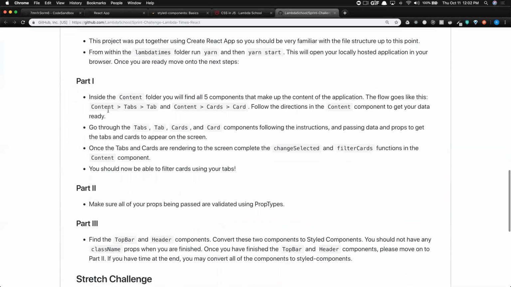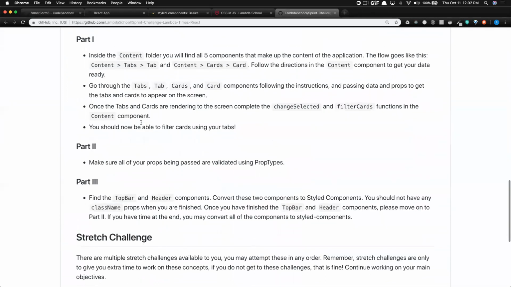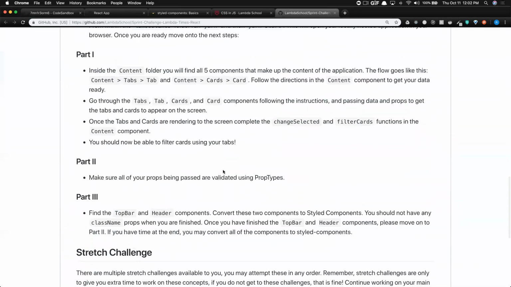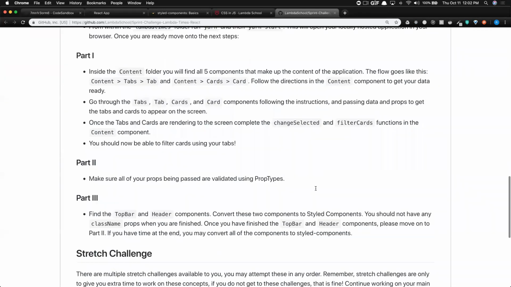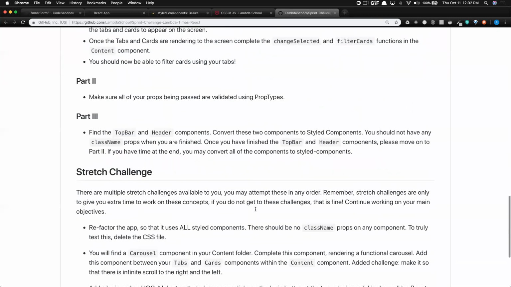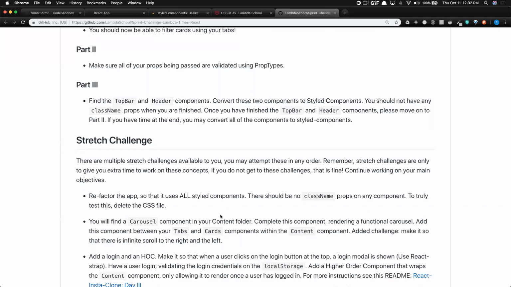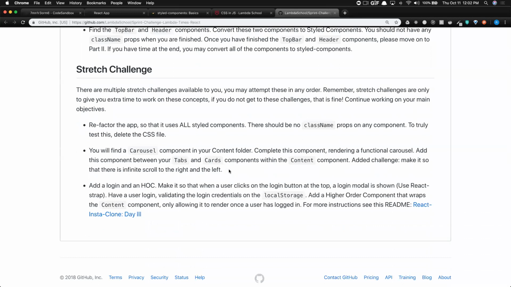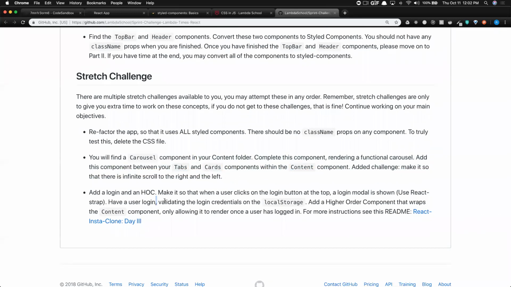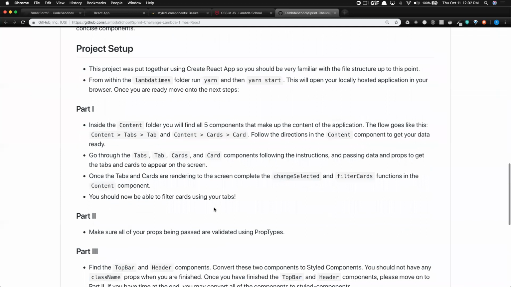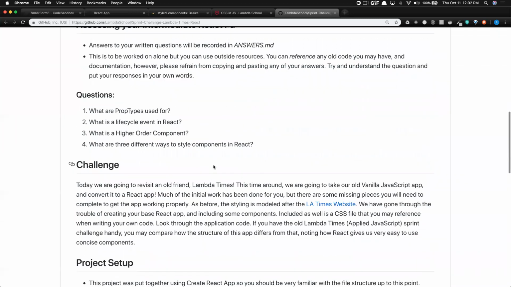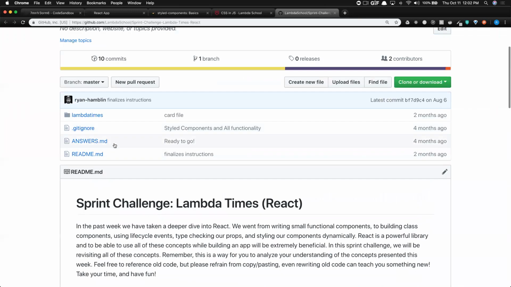So look at those. So you're going to be just kind of refactoring this application to make your tabs, your content. You're going to be using prop types this week. You're going to be using styled components. As a stretch problem, you're going to be refactoring the app so that it uses all styled components. There should be no class name props on any component. To truly test this, delete the CSS file. You'll find a carousel component, so your carousel will be a stretch. A login system will be the third stretch. So it's really just Lambda Times now written in React, and you get a chance to dive in